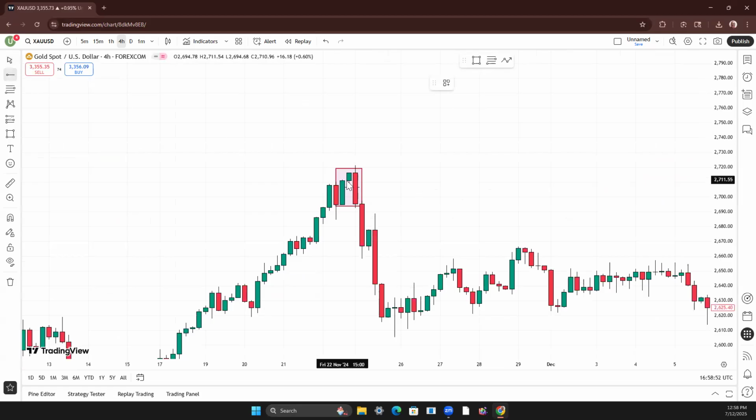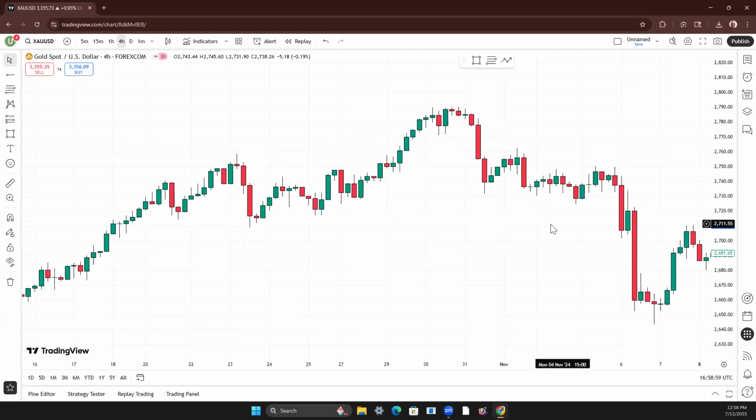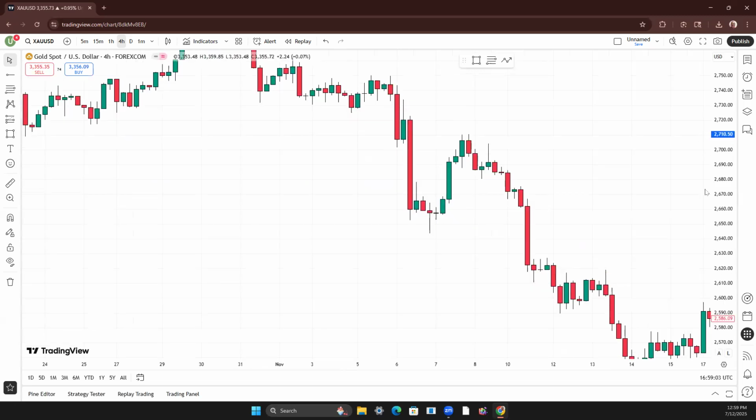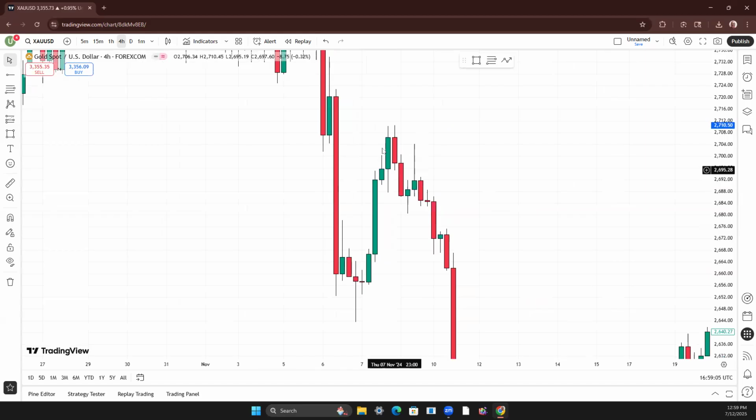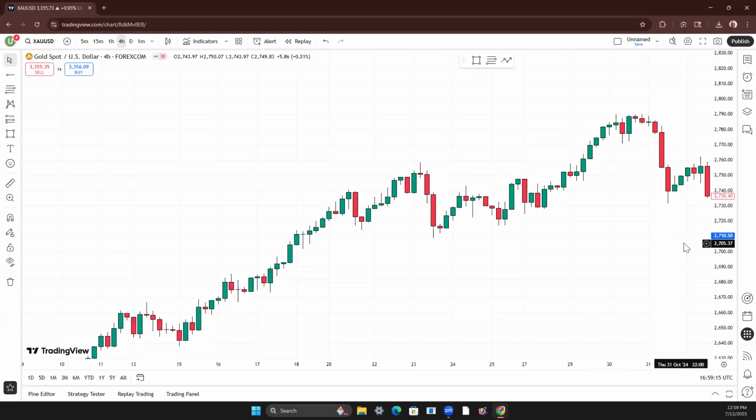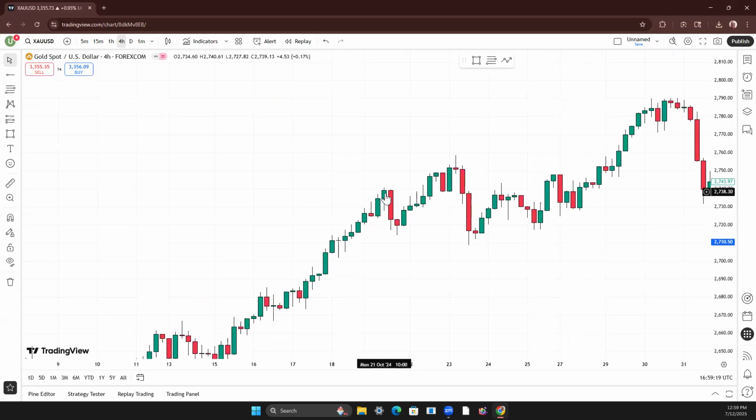A couple more. Do this one, but it really doesn't qualify because this green candle is bigger than the red candles. We're not going to do that one. Bypass that one. We're going to do that one. So here,